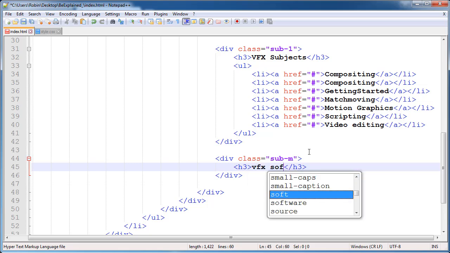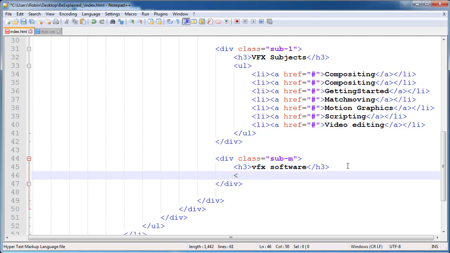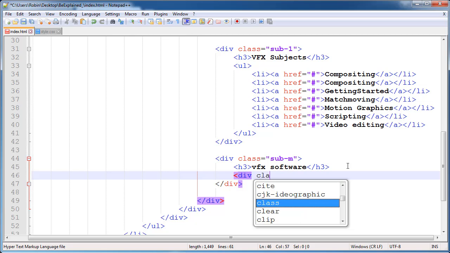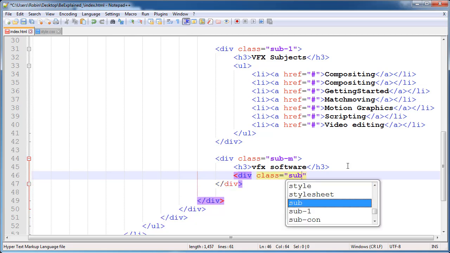and give the heading VFX softwares. I will copy and paste all the content here, so you can pause the video and paste it. But firstly I will create another div with class of